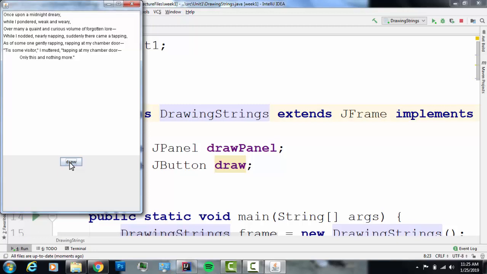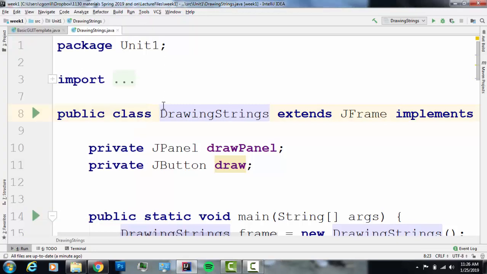All right, so this is our first interactive JFrame. We've got a button that when I click it, things happen. In order to do this, we're going to have to add some new architecture to our basic JFrame template. Let's look at the class header, because this is where it all starts. Public class DrawingStrings extends JFrame